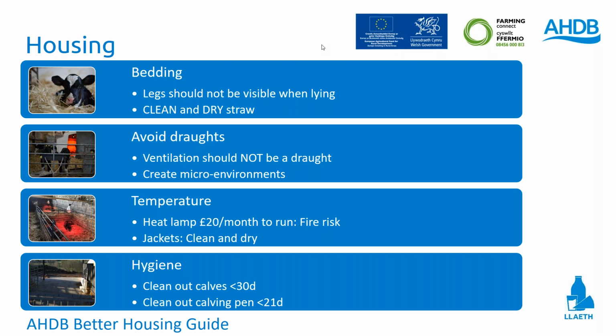Yeah, really good question. And we had the same problem when we were putting our data loggers into the 100 calf buildings. Essentially, you want to put it as close to where the calves are going to be spending most of their time. So ideally, at calf level when they're lying down. The problem is, of course, calves being quite inquisitive will absolutely destroy anything that you put at calf level. So putting it about chest height is probably okay and is just out of their reach. If you can put it just out of the pen so they can't grab it and destroy your shiny new thermometer, then all the better, and around about calf height would be absolutely